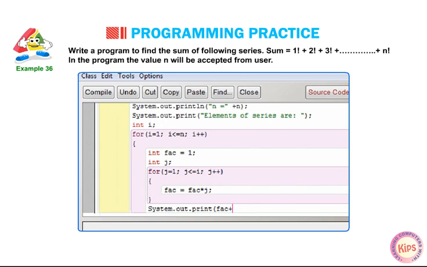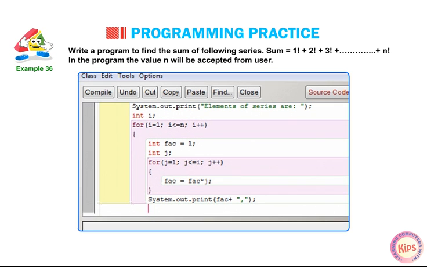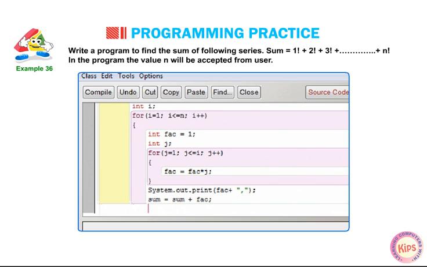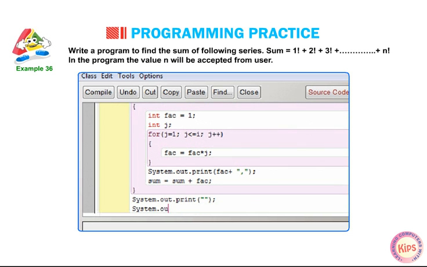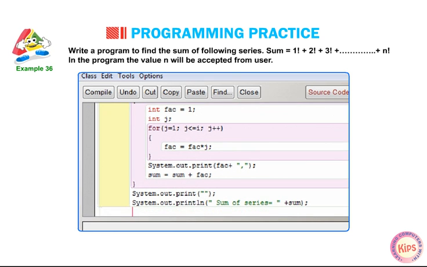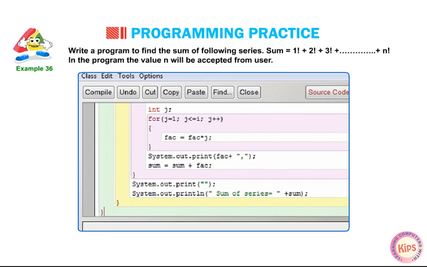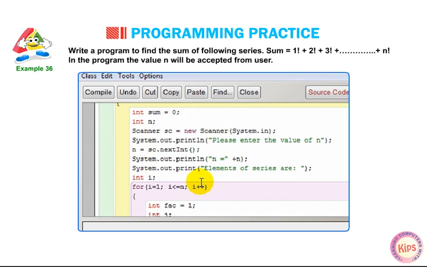System.out.print(fact + ","); sum = sum + fact; } System.out.print(""); System.out.println("Sum of series is equal to " + sum); } }